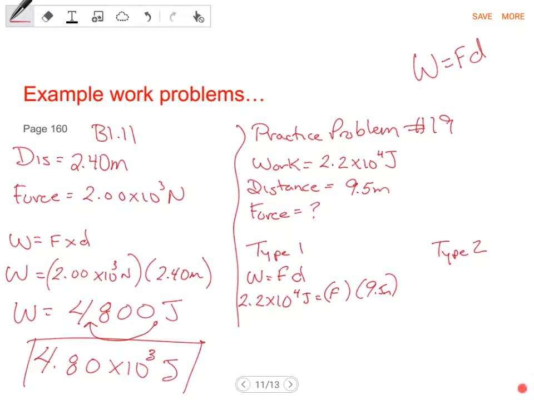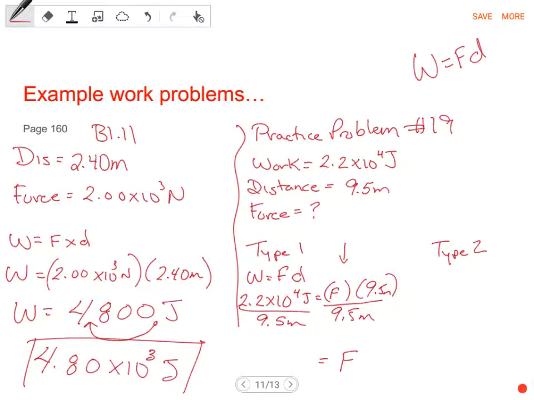Now, if you remember back to the algebra lesson, we use backwards and opposite. Well, I need to get this force by itself. It's being multiplied by 9.5. So with algebra, we always do the opposite. So if I want to get force by itself, I'm going to divide out the 9.5 meters, and what we'll get here, just allow me to do the calculation,